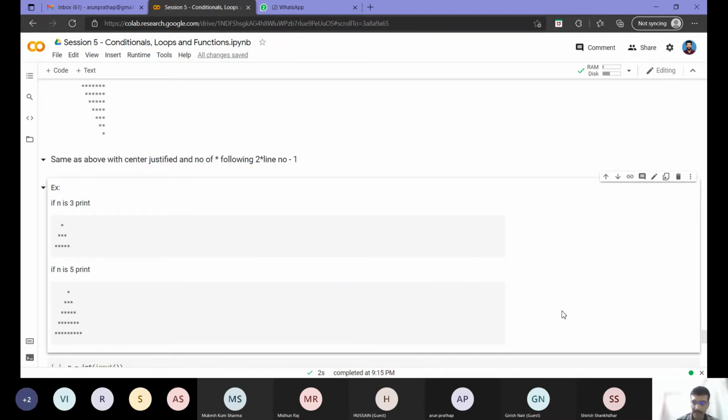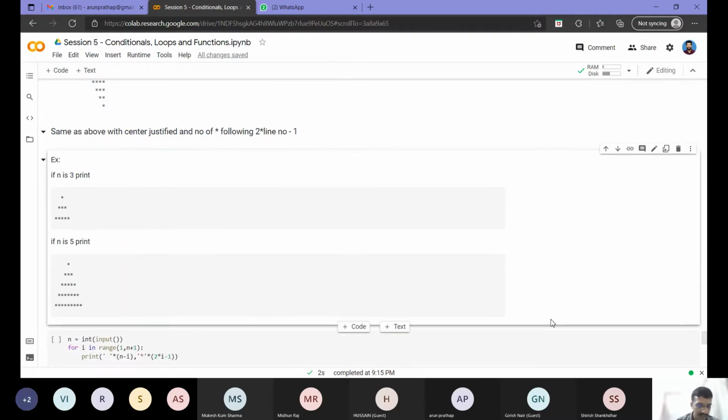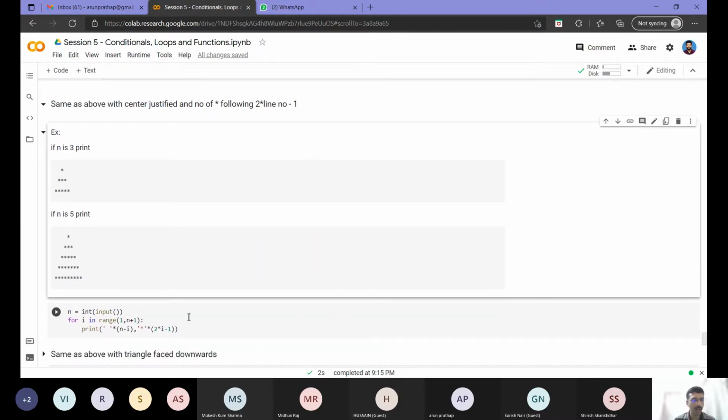Yeah, similar to the previous ones that we saw, the same way I can implement this also. Because when you first see it, you will think that you need to use multiple for loops or multiple things. As you can see here, I have just modified my multipliers for space and star. From the start I am using the same code, only changing whatever value is inside the range, and whatever multipliers for space and star, to get whatever output you want.